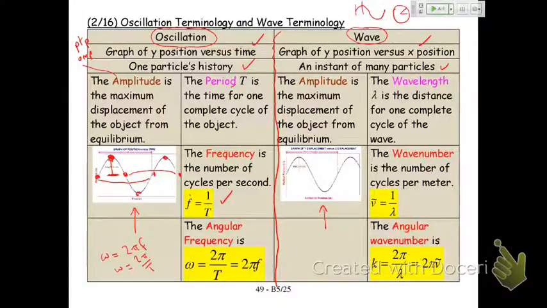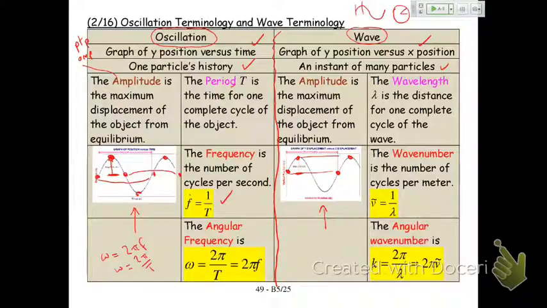We can talk about amplitude again. It's from the equilibrium position to the extreme. And we can talk about the wavelength, not the period, but now the repeat distance from middle going up to middle going up, or from crest to crest, or from top to top. That is now a distance, and it's a wavelength